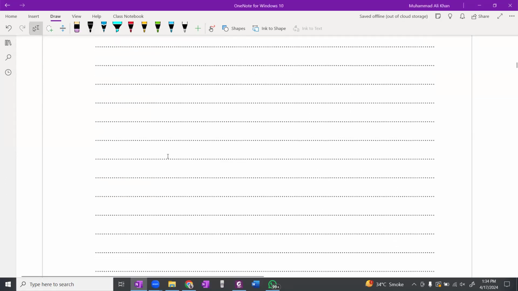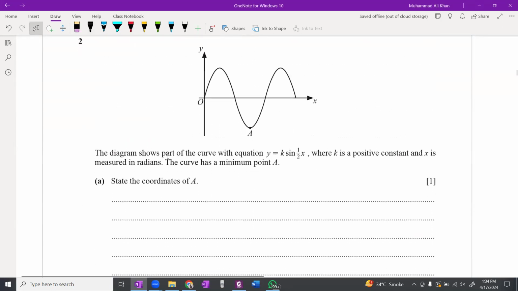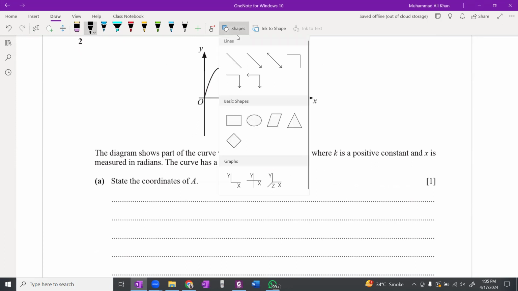Now, what do we have in question number 2? Question number 2 is: the diagram shows a part of the curve y equals k sine half x, where k is a positive constant and x is measured in radians. The curve has a minimum point A. We have to find the coordinates of A. So for this,